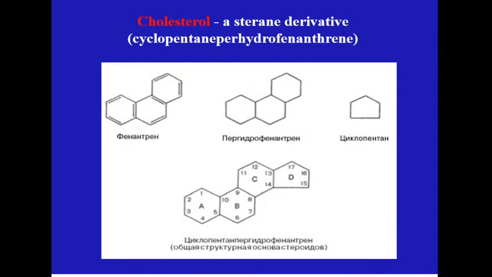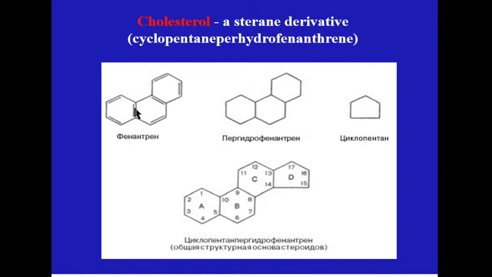Let's write that cholesterol is a derivative of steran. That's why all derivatives of cholesterol are named steroids. Steroids, all substances that contain such a special ring in the base of the structure of the molecule, are named steroids. What is steran? Steran is a structure condensed from 3 benzol rings and 1 pentan ring, named cyclopentan perhydrophenanthren, or steran.